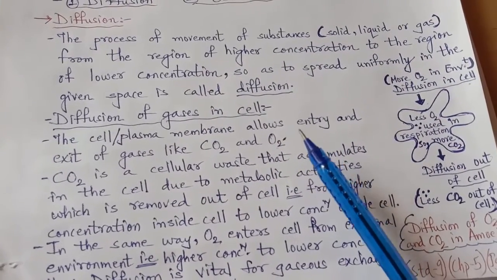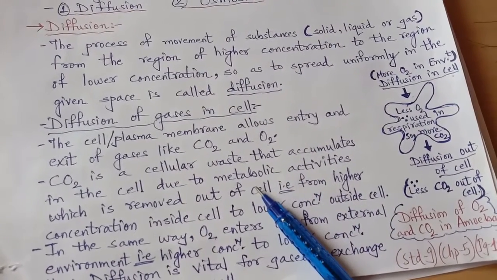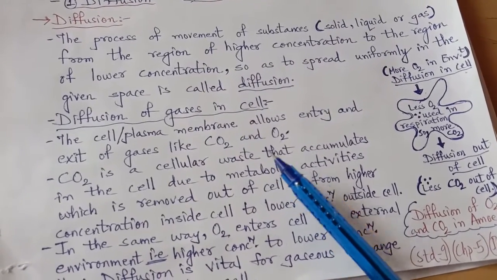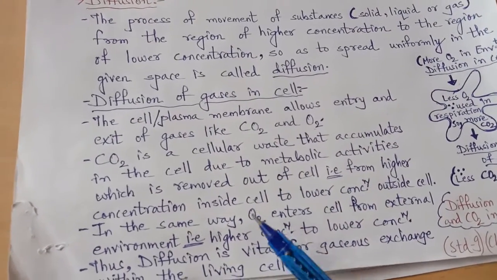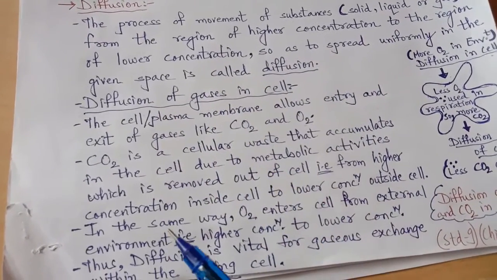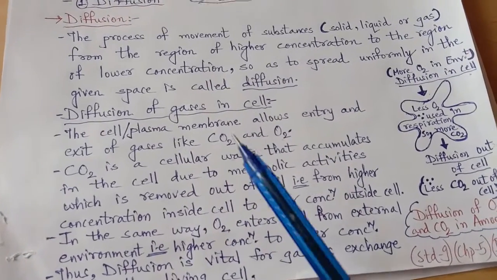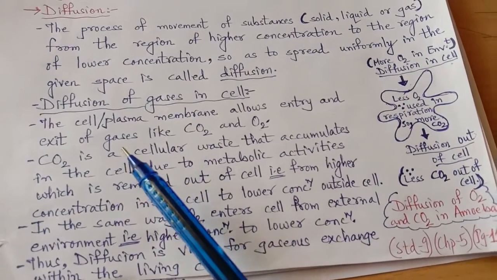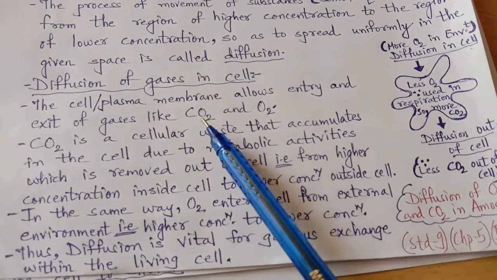It is not done by ourselves. We are not able to go inside our body and bring out the carbon dioxide, or collect the oxygen we have respired and start giving it to each internal organ of our body. It's not possible by ourselves. And so such a process, that is diffusion, which occurs on its own, is one of the mechanisms of our body. So diffusion of gas in cell takes place as shown here. The cell membrane or the plasma membrane allows entry and exit of gases like carbon dioxide and oxygen.